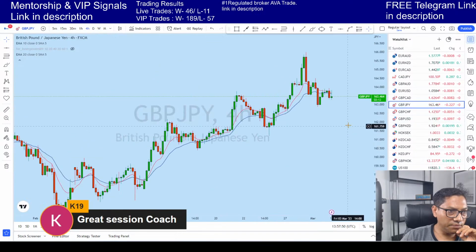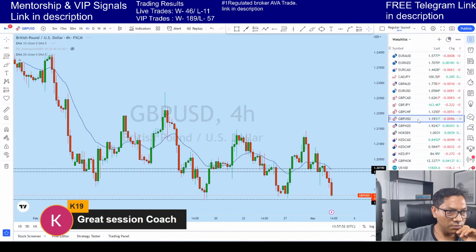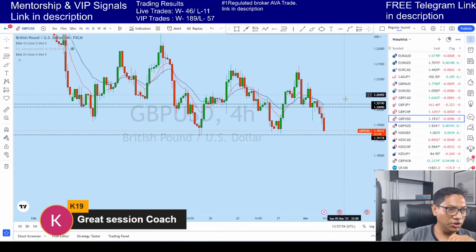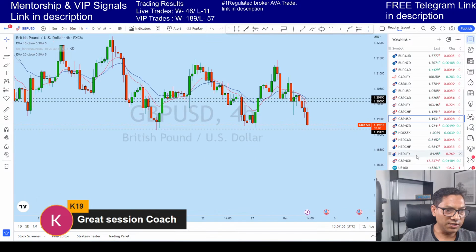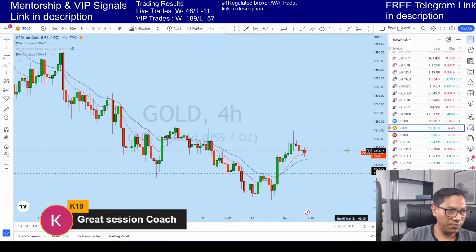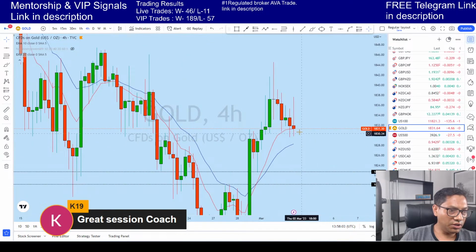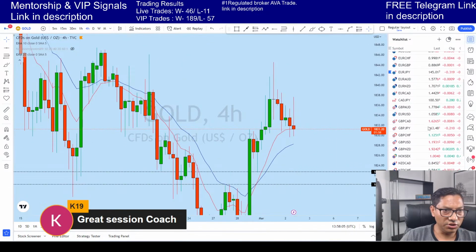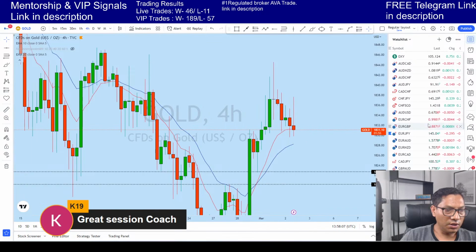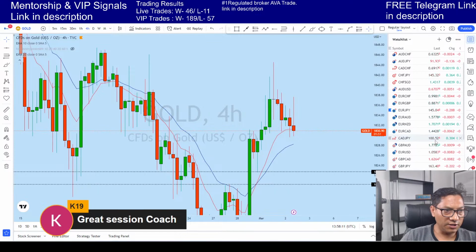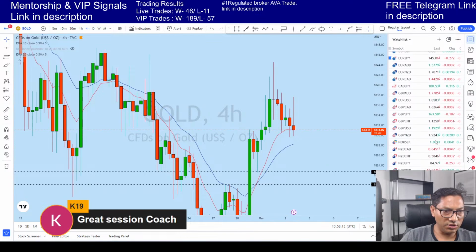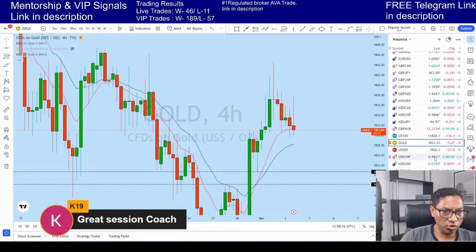Looking at GJ, okay, including the GBP USD. So what I see, guys, is that gold formed a doji. For me, this price action is bearish, and this is gold. And what I see is that if I reflect gold on the other instrument, dollar Swiss franc,